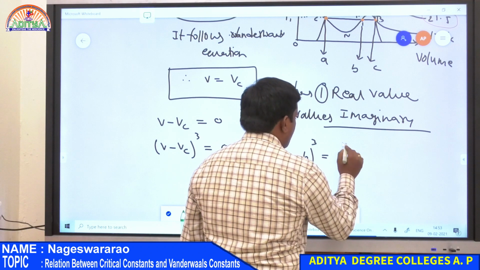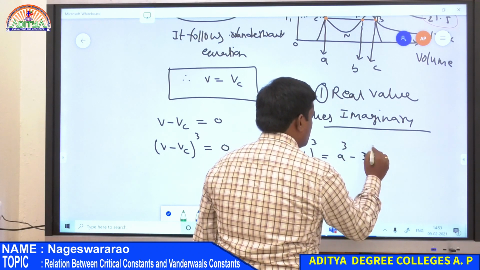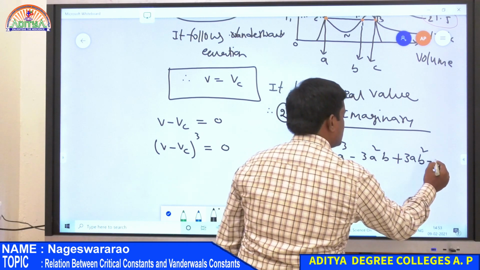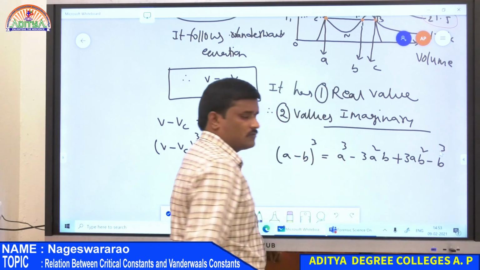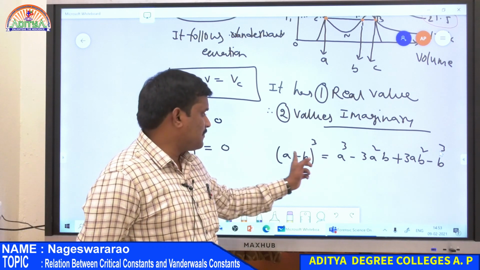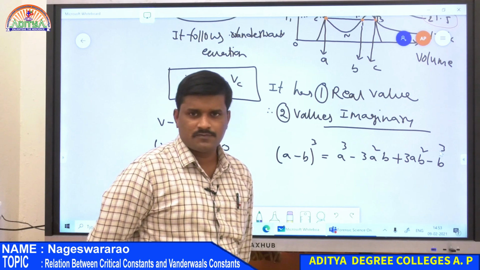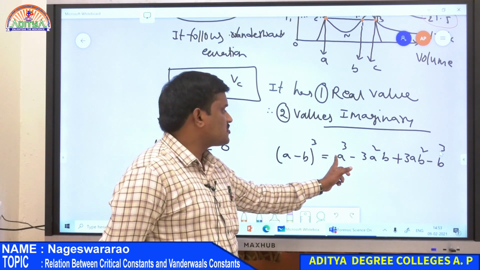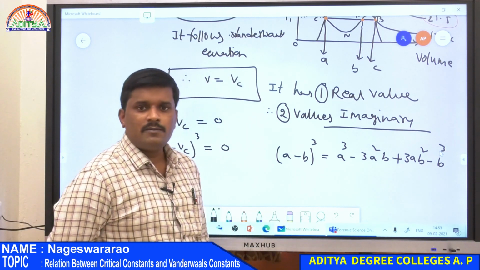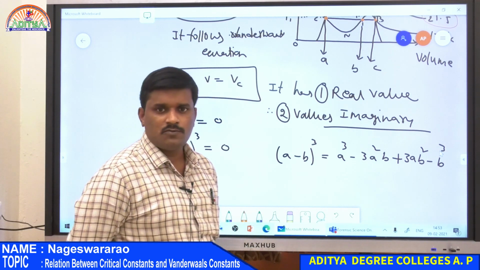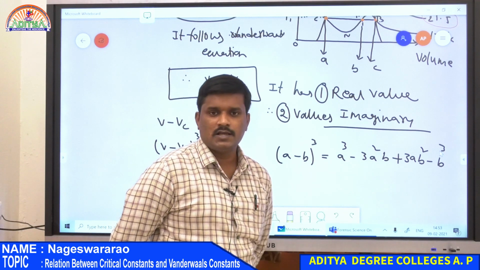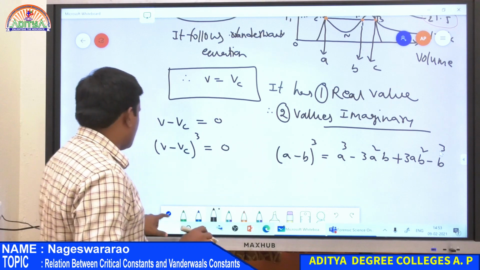A cube minus 3A square B plus 3AB square minus B cube. So this is the formula for (A minus B) whole cube. If it is plus, all are positive terms. If it is minus, the signs alternate: positive, negative, positive and negative. So by using this formula,